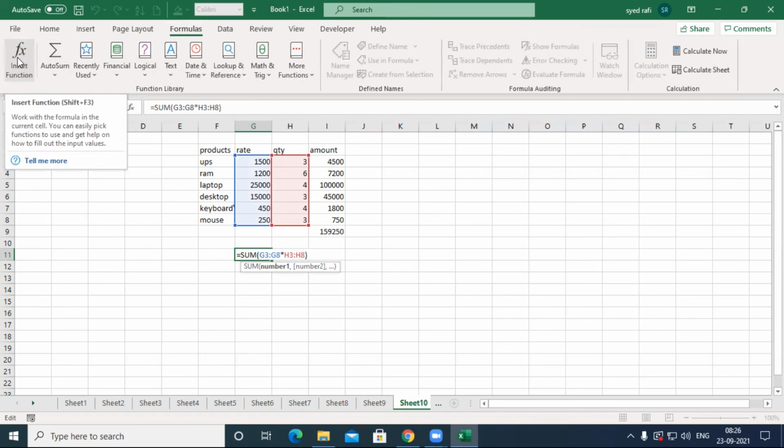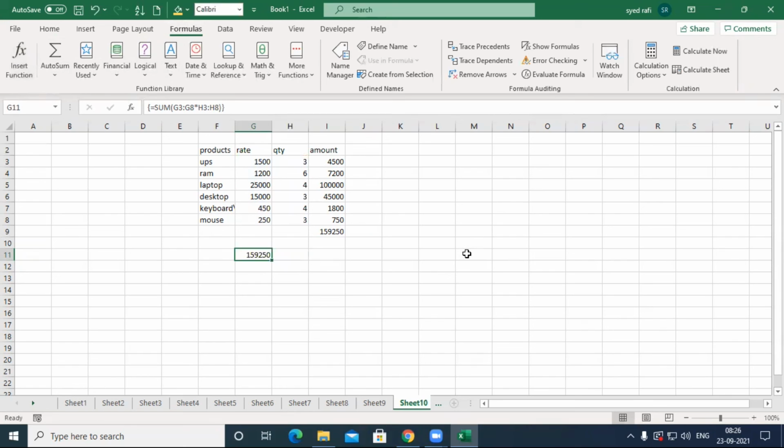I will show you another trick. If any function or formula is given to you and you need to understand it, there is a feature called Evaluate Formula. It's very nice. I will explain in Excel 365.